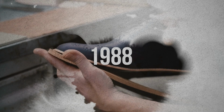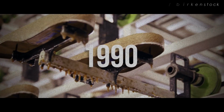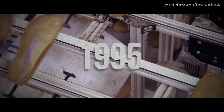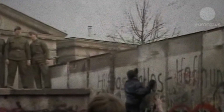2 years later, in 1988, they started using an environmentally friendly glue. Talk about an early adopter of new and environmentally friendly technologies. As we enter the 90s, the innovation really continues. They are reducing power consumption in a major way in their factories. When the Berlin Wall comes down in East Germany, they're one of the first handful of companies that go into that region and start to set up manufacturing processes. They were one of the earliest footwear companies to have an online presence and have online ordering as well in